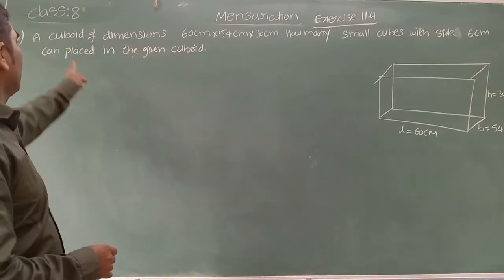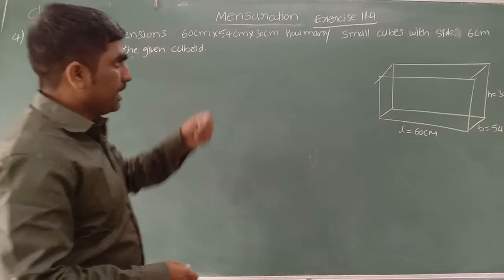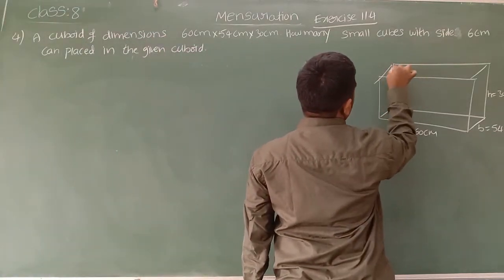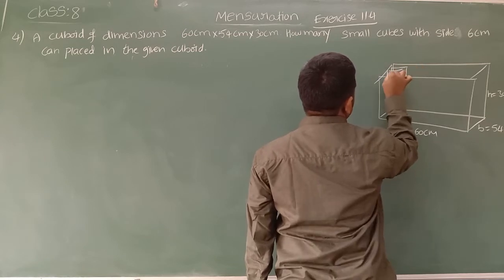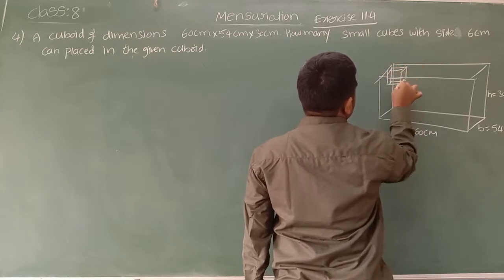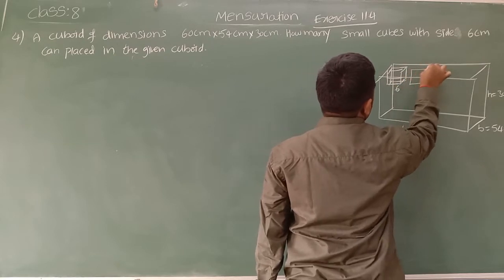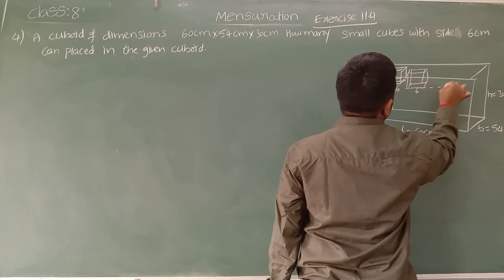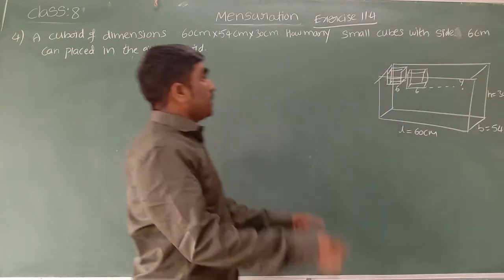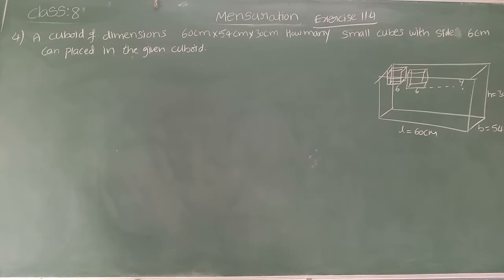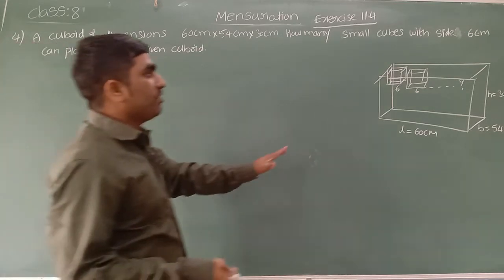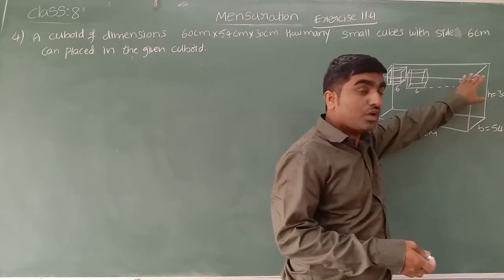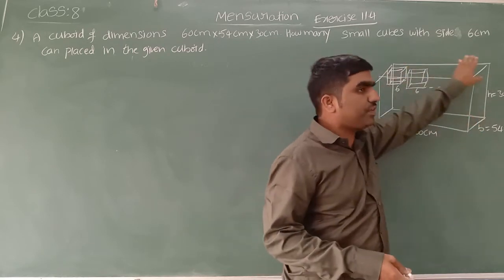So these are the dimensions of the cuboid box. Now inside of that they are going to place a cube with side 6 centimeters. So here suppose I kept one cube whose side is 6 centimeters. So one more cube. Even this cube has a side of 6 centimeters. So like that, how many cubes can we place in the cuboid? So inside we are going to place the cubes. What do we call the space occupied by a 3D figure?